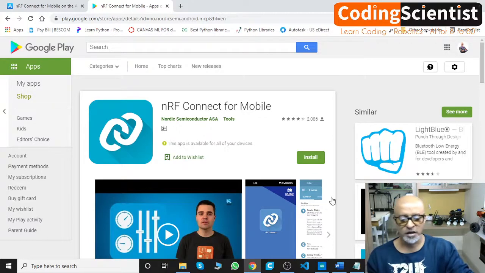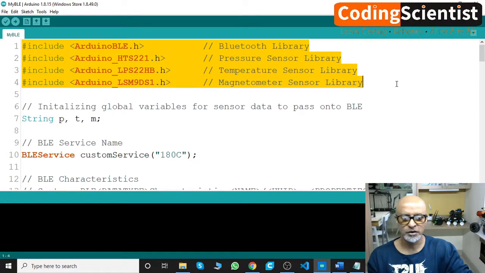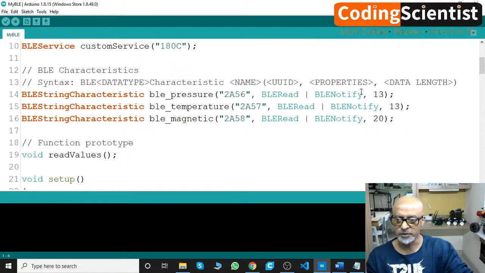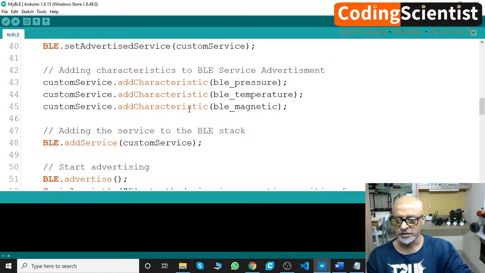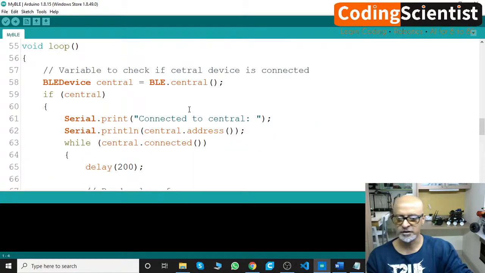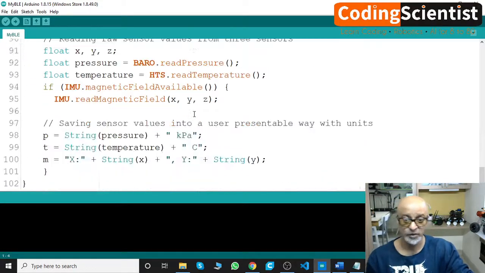Now, once you are ready with this, let's go back to the IDE. This is the code I was referring to. I imported the Bluetooth library and the sensor libraries: the pressure sensor, the temperature sensor and the magnetometer. Then I'm putting those into global variables, and I've put the explanation here in all the syntax, so you can go through it. It's easy to understand, especially for those who have done quite a bit of Arduino projects before. I'm initializing all the sensors, then launching a service and hosting it on the mobile app. We will be reading that through. I will show you right now how it works.